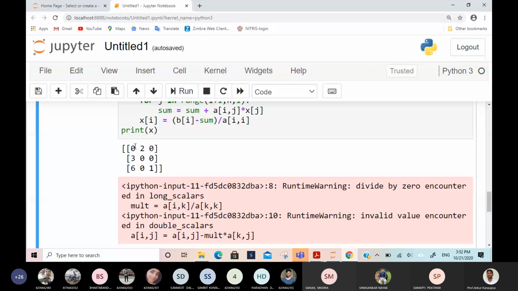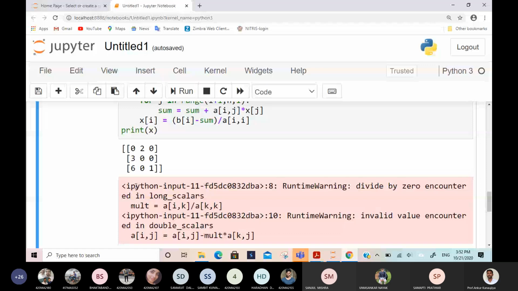But suppose all entries are 0 and the last entry is non-zero, then you have to search in each entry. Every time you have to go to the next and check whether it is 0 or non-zero. If it is non-zero, you interchange. But if it is 0, you go to the next, and suppose the matrix size is 100, then you have to go 100 times to check whether the entry is 0 or non-zero. That is also one drawback of this technique, but that is also correct, it's not wrong.